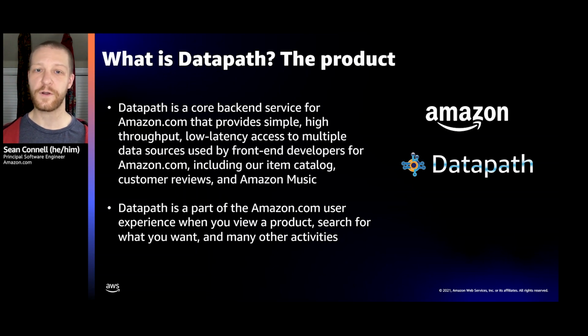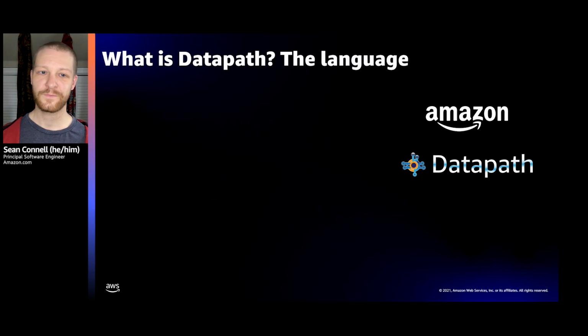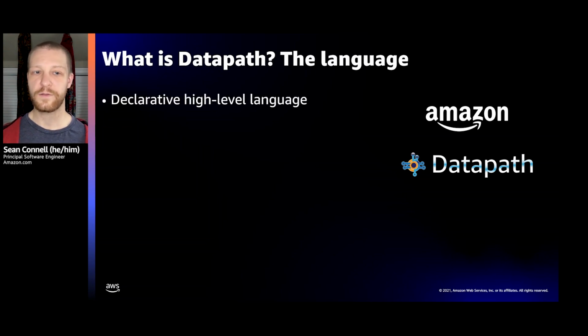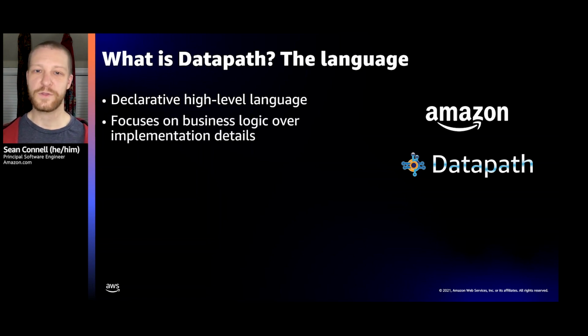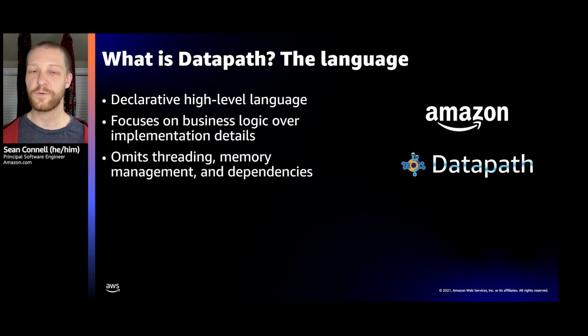So if you've used Amazon.com in the last 8 or 9 years, you've used the DataPath service underlying this data without knowing it. So that's kind of the basic product fit. I mentioned this kind of writing and hosting aspect now. Our clients, which are internal business teams, write their logic in a declarative high-level language. And this allows them to focus on the actual business logic, the value differentiated code about, can I get it tomorrow? They don't have to worry about implementation details like threads, memory management, or other such low-level things.